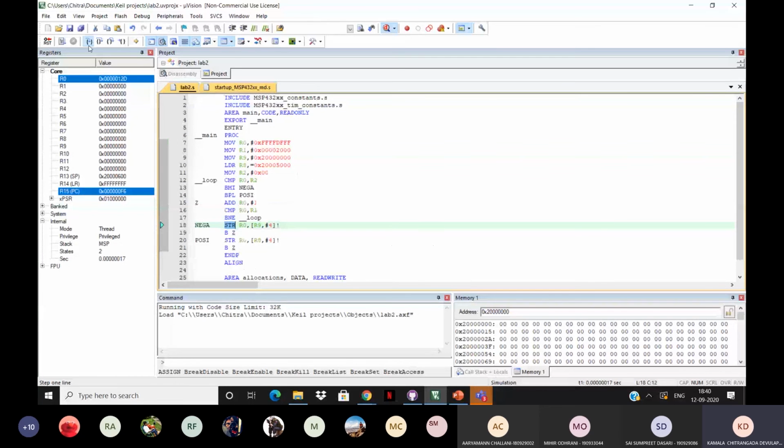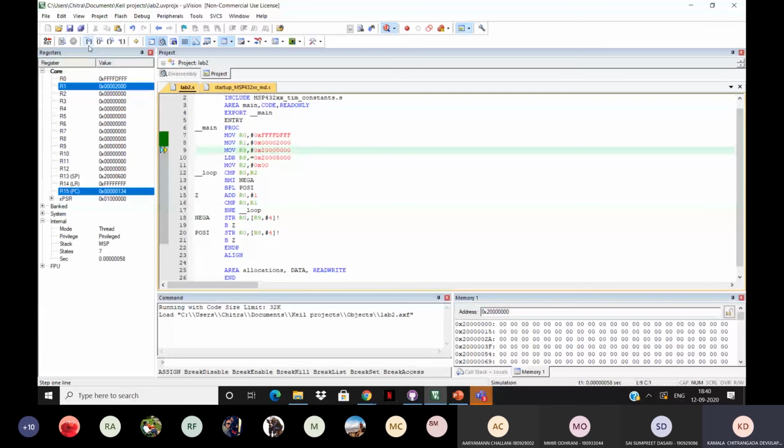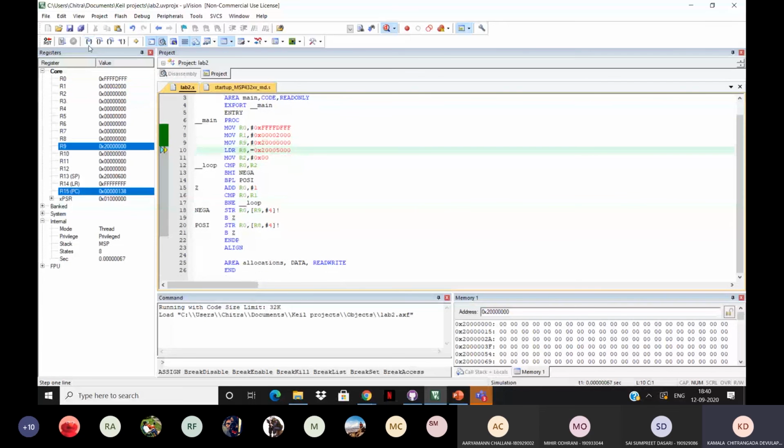So my R0 is taking the value and R1, R9 and R8, those values are given for the memory access locations. And the hash and the equal to are just two different ways of entering values into your registers.